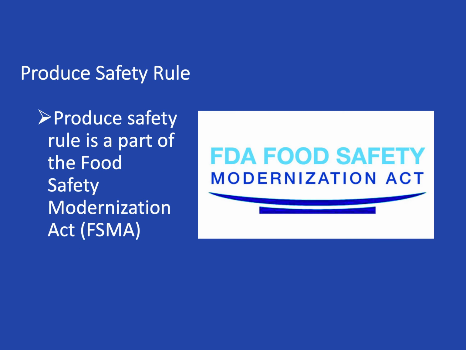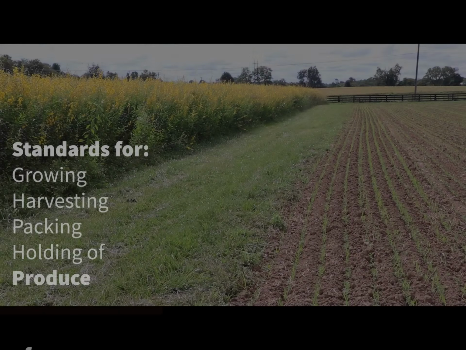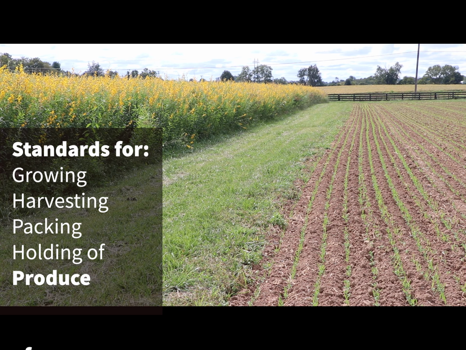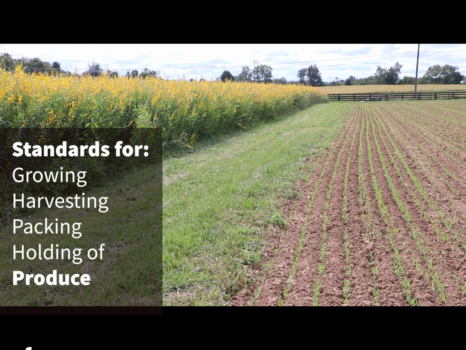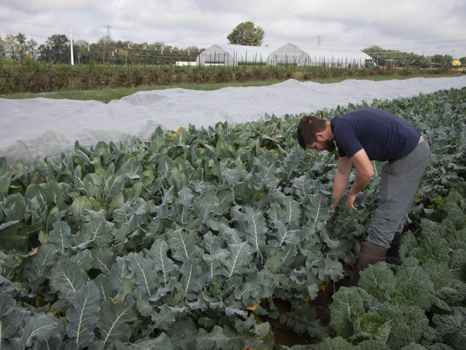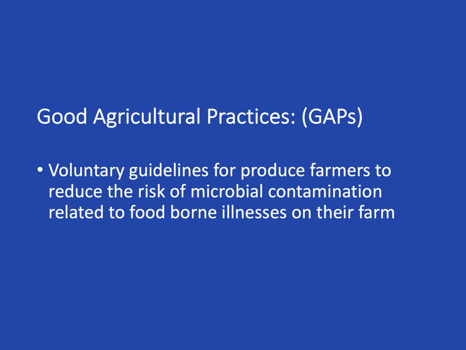The Produce Safety Rule is one of 7 rules that make up the federal law known as the Food Safety Modernization Act. The Produce Safety Rule uses science-based minimum standard guidelines for the growing, harvesting, packing, and holding of produce. The purpose of this video is to educate workers on produce farms with information based on the Produce Safety Alliance's Grower Training course covering the requirements of the Produce Safety Rule, and explains good agricultural practices or GAPs for on-farm